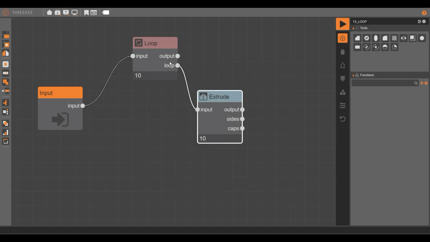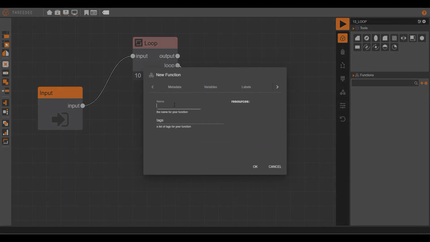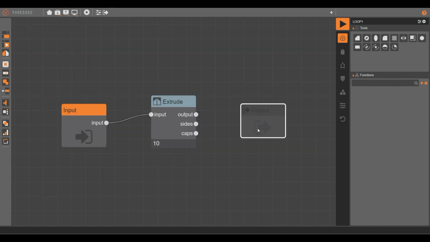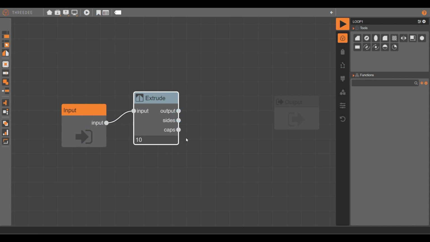but for making these operations in the loop, we have to put it into a function. We can create a function of parts of our code in our project. We can select parts of that project and make them functions. We select with right click here and we convert this extrude to a function and we name it loop 1,